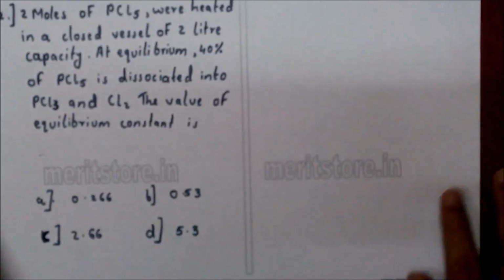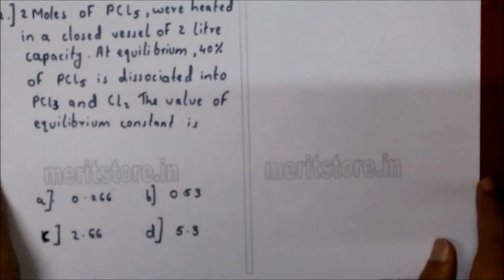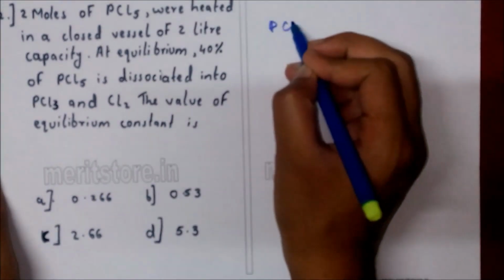2 moles of PCl5 are heated in a closed vessel of 2 liter capacity. At equilibrium, 40% of PCl5 dissociated into PCl3 and Cl2. The value of equilibrium constant is. So the reaction will be PCl5